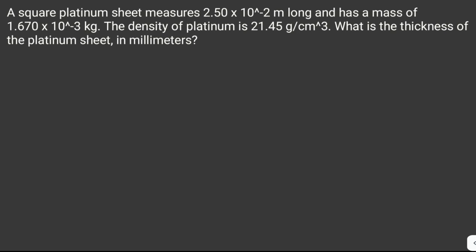Now we're given some values. We're given the length of the platinum sheet. It says here square. It's a square, so that means all of the sides are equal. Therefore, the length is just equivalent to the width, which is 2.5 times 10 to the negative 2 meters. And then we're also given the mass, which is 1.670 times 10 to the negative 3 kilograms, and the